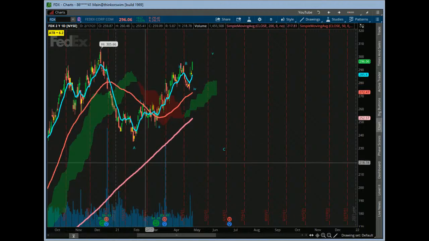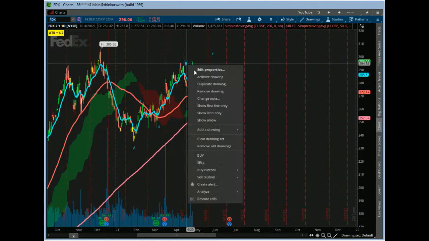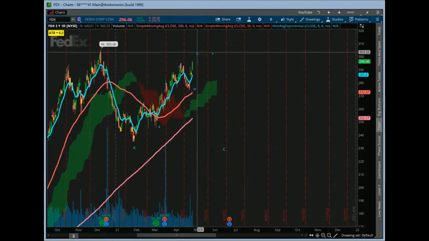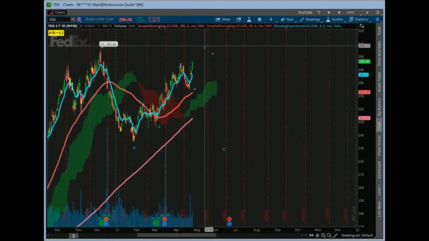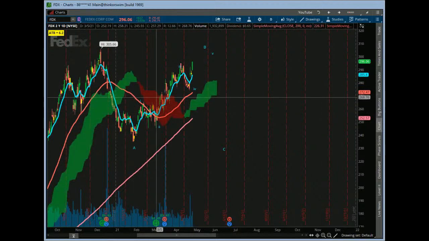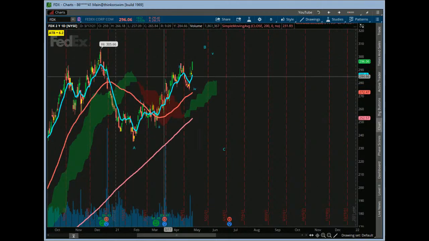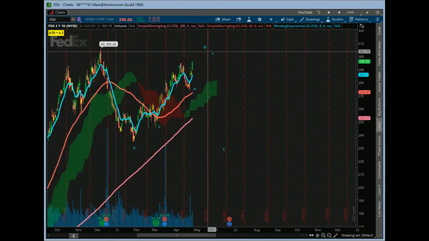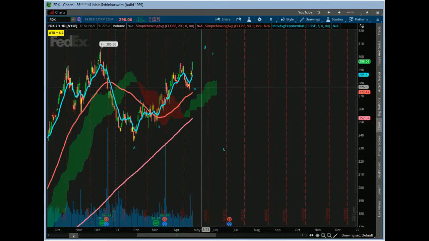We talked about this A, kind of B. It looks like B is still kind of in the works right here, right? So here we kind of have this A, B, C. It looks like it could be working on either way. It looks like it could be doing a 1, 2, 3, 4, 5. See if it gets up to this 300, 305 level, and then it starts to work on another impulsive move